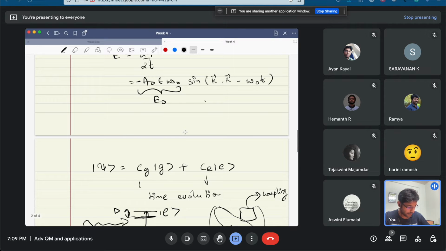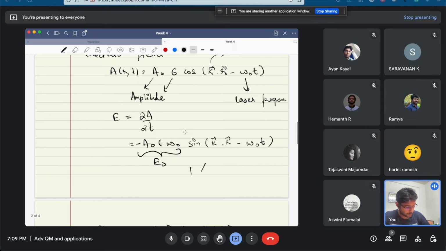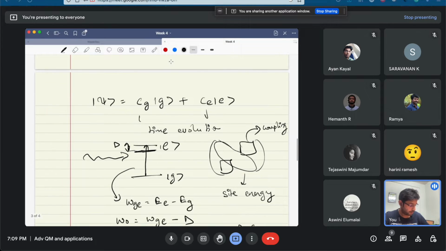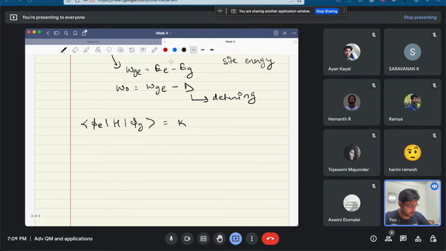So here we had some constants. Okay, so we essentially need from the electric field a constant times phi b, we had cos of k dot r minus omega t,